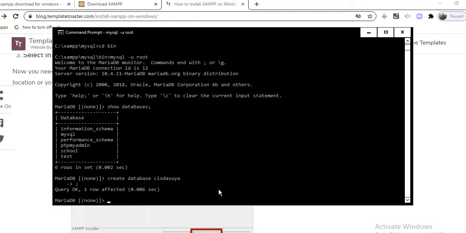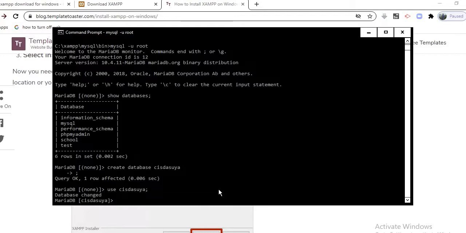Now you can use this: use CIS Dasua. Clear? Now the message is database changed, and the prompt is also showing CIS Dasua.